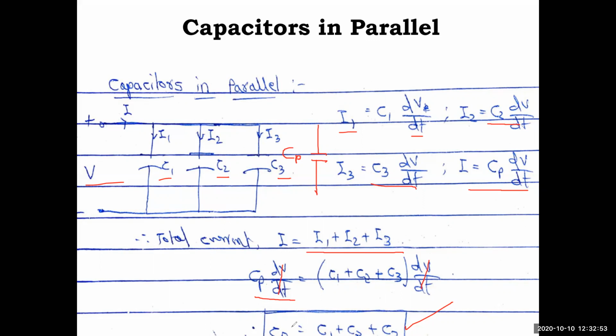In series connection, you had for resistors and inductors R1 plus R2 plus R3, L1 plus L2 plus L3. Whereas for capacitance you had 1 by CS equal to 1 by C1 plus 1 by C2 plus 1 by C3. But in parallel connection, it is a dual. For resistors and inductors you will have the reciprocal relation, and for capacitors you will have CP equal to C1 plus C2 plus C3. So this is about passive elements. Similarly, now for active sources, how they react to parallel connections, that we'll see.